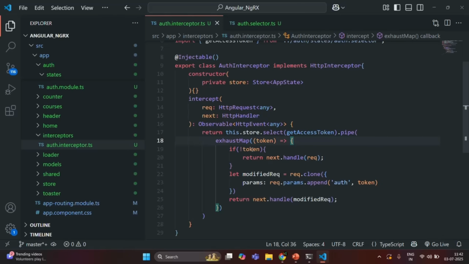Now, if this token is not present, that means no user is logged in. In that case, we are not modifying the request. We are not adding any auth query parameter to the request. But if the token is present, that means there is a logged in user, and in that case, we are creating a clone of the original request, and to that we are adding the auth query parameter, and to that we are assigning the access token of the logged in user,